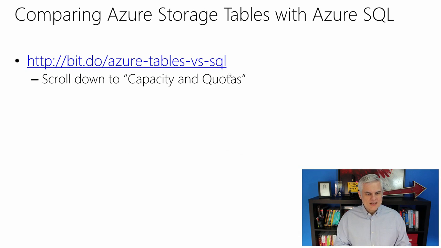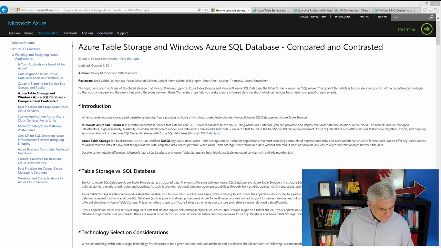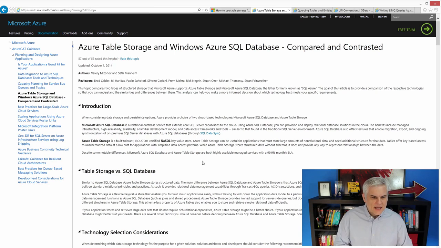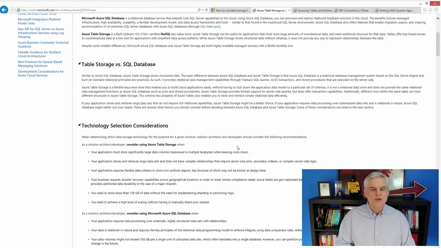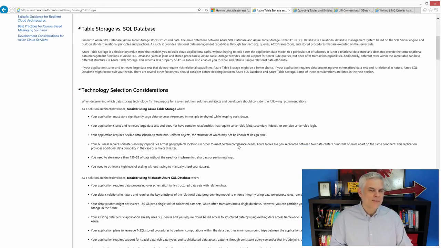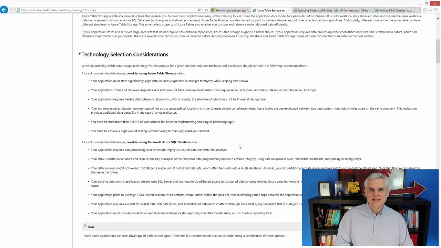So as we move through this material and talk about the differences between the two, there's actually a very good article. You can see that there's a shortcut there on screen. Let me find it really quick here. Yeah, there it is: Azure Table Storage and Windows Azure SQL Database compared and contrasted. It talks about the differences and why you might select one over the other. So I highly recommend that you read this to get a more full understanding